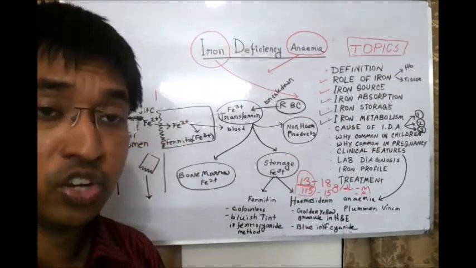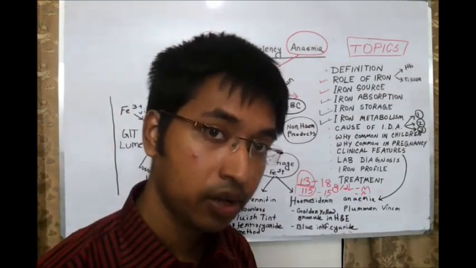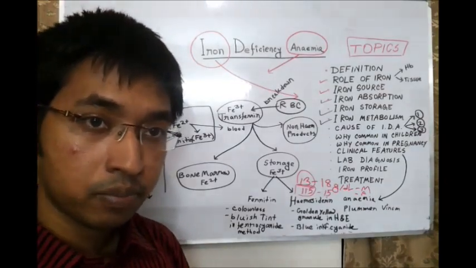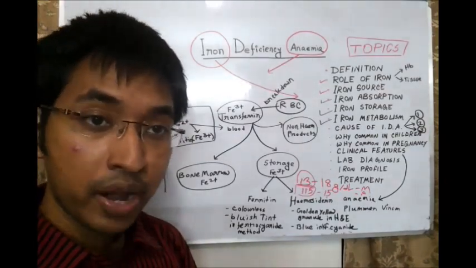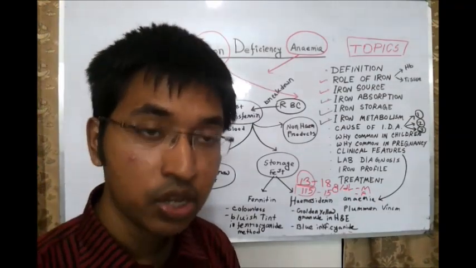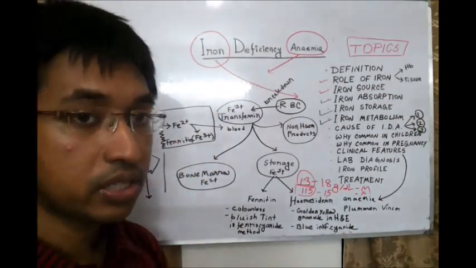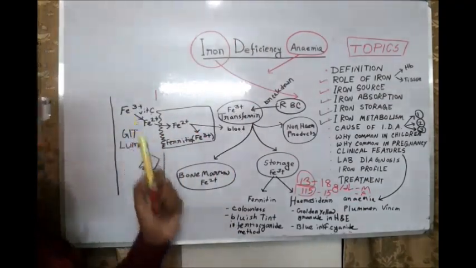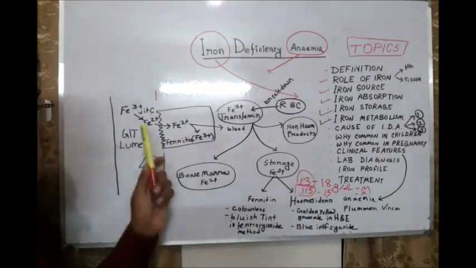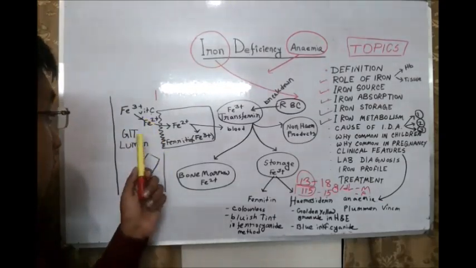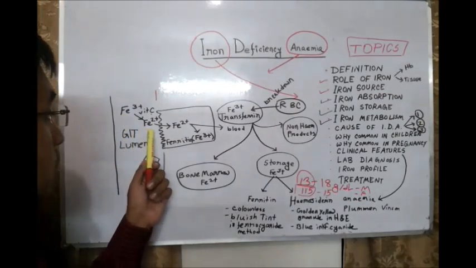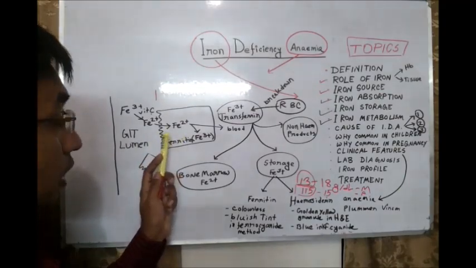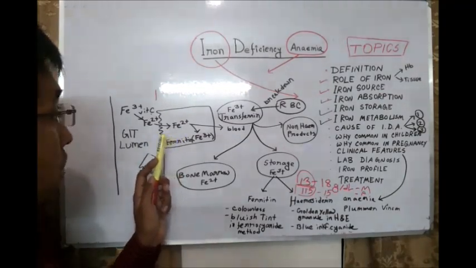So what happens after we have taken those foods containing iron? In the stomach, our acid and some other substances break down those particles, and iron is released from those foods. But initially the iron, almost all of the iron, was in the ferric Fe3+ form. So what happens then? Vitamin C converts this ferric iron into the ferrous iron. Okay, and then that is absorbed by the lining epithelium of the lumen of the